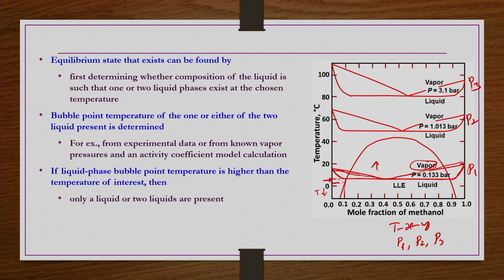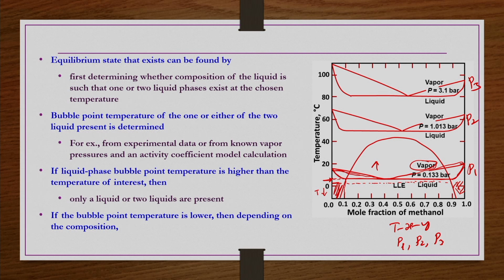If the temperature and the composition are within 0.1, then only one liquid phase is possible. At this temperature, if your composition is higher, then two liquid phases are possible. At this same temperature of 2 degrees centigrade, which is lower than the bubble point temperature of the liquid phase, all these two phases are existing, two liquid phases are existing. At a further higher mole fraction, but the same temperature of 2 degrees centigrade, only one liquid phase is existing, that is possible,